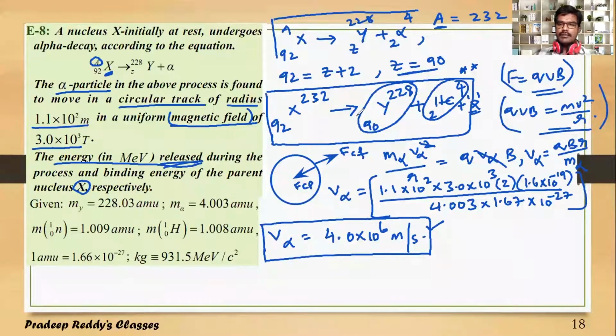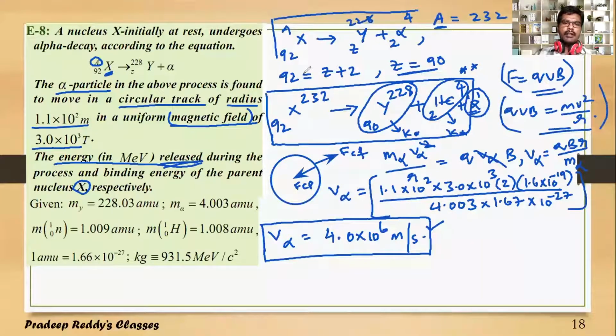The total energy which is released in the process will be in the form of kinetic energy of this Y and kinetic energy of this helium, and along with that there will be some heat released in the process, and